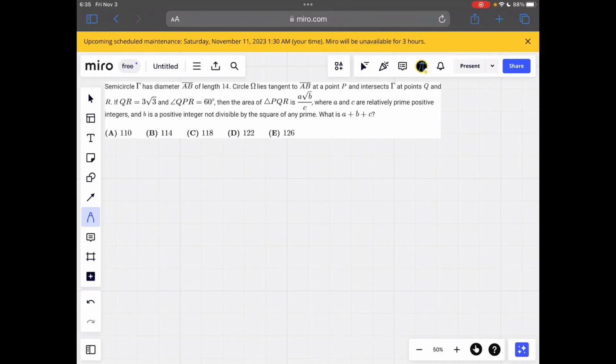Semicircle gamma has diameter AB of length 14. Circle capital omega lies tangent to AB at a point P and intersects the semicircle at points Q and R. If QR equals 3 root 3 and angle QPR is equal to 60, then the area of triangle PQR equals